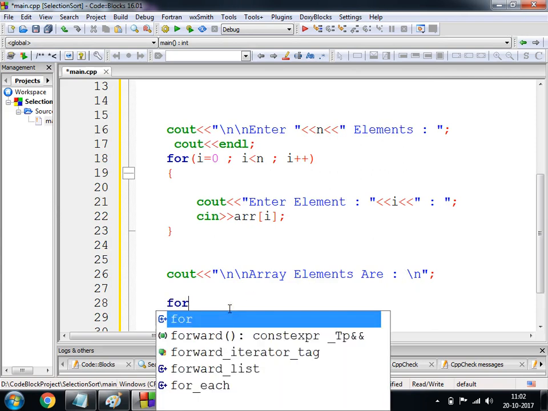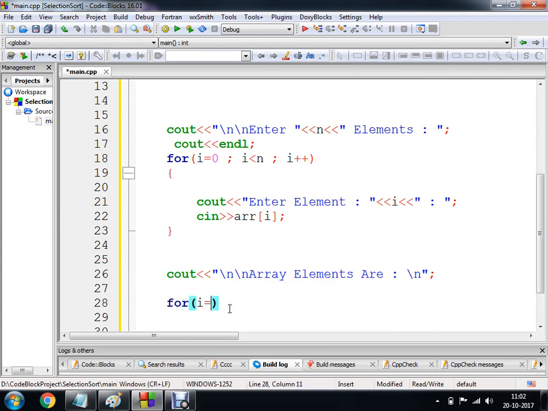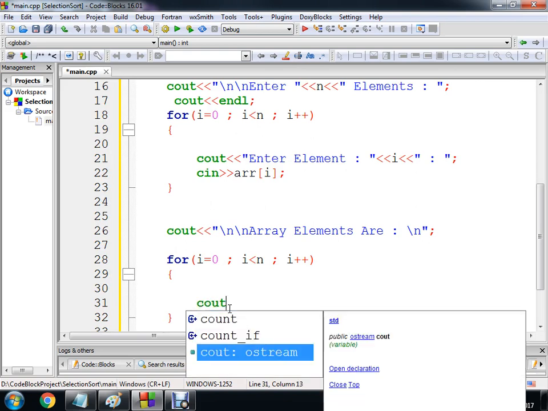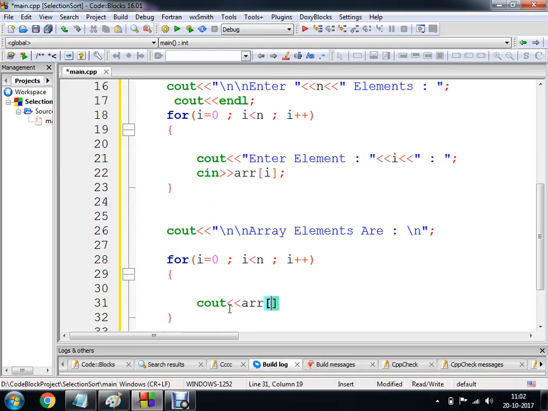So here I'm going to make use of my for loop i less than n, and here you just have to simply make use of arr of i.